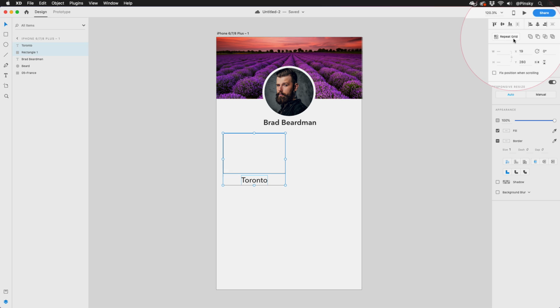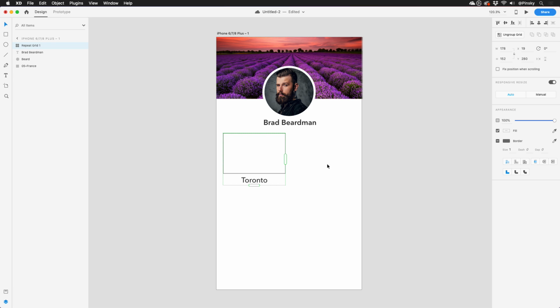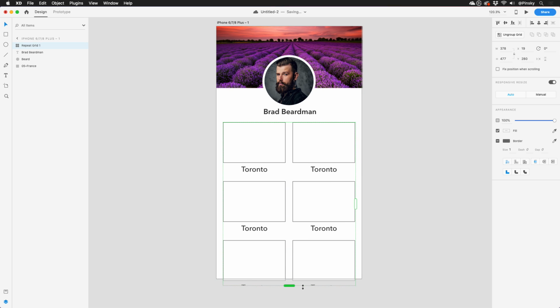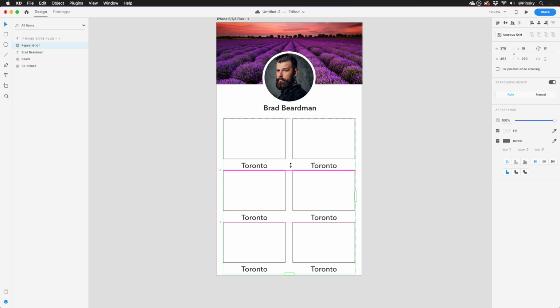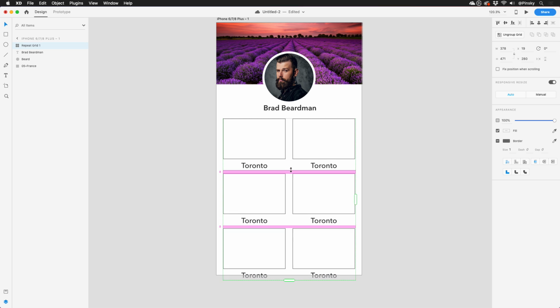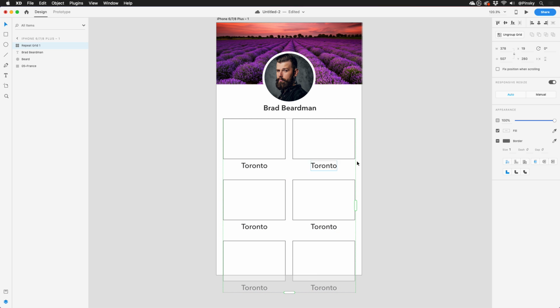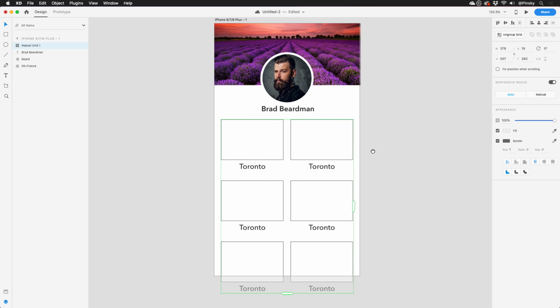Once selected, I'm going to hit the Repeat Grid button over to the right, and you'll notice that we now have two new handles, one to the right and one below. This lets me pull out additional cards either horizontally, vertically, or both. And once I have a few more, hovering my cursor in between any of them will reveal its padding, which can then be pulled in or out to adjust spacing. Pretty cool, right? It gets better.